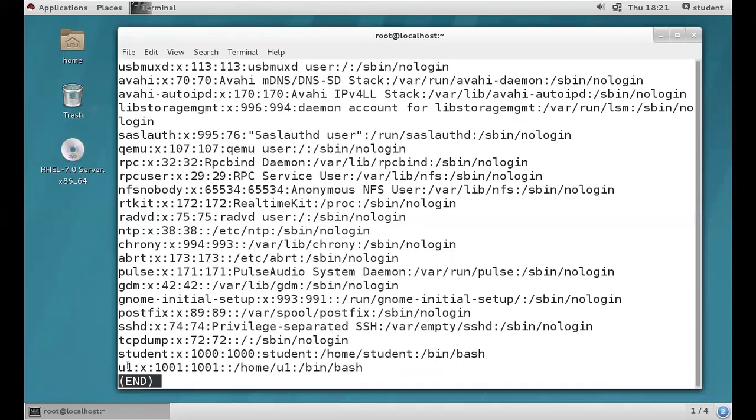See, the U1 user account got created. X indicates the password properties. 1001 is the UID. UIDs and GIDs are by default provided in sequence order: 1000, 1001, 1002, 1003, 1004, like that till 60,000. Clear, guys? So 1001 is the UID, 1001 is the GID. There is no comment for U1, and /home/u1 is the home directory. /bin/bash is the shell environment. I hope you got it, guys.